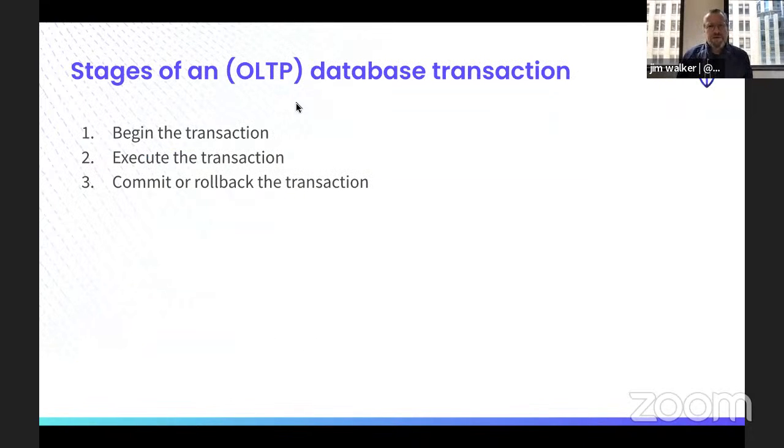So what are we talking about here when we talk about transactions? If you just look at it in the most fundamental, smallest way, a transaction really consists of 3 phases, right? There's something that says I'm going to begin a transaction. I'm going to execute the transaction. I'm going to commit or roll back the transaction. So basically, I'm going to commit, like everything went well, or I'm going to roll back because something went wrong, right? This execute the transaction thing, when I do SELECT * FROM customer WHERE name = 'Jim', whatever that is,